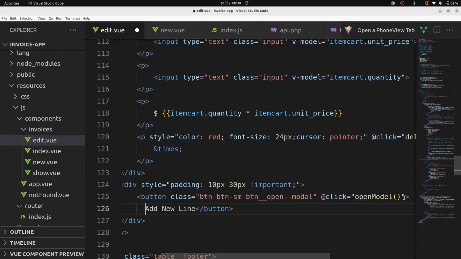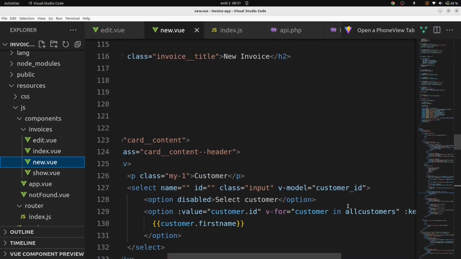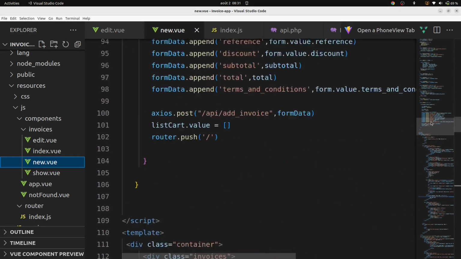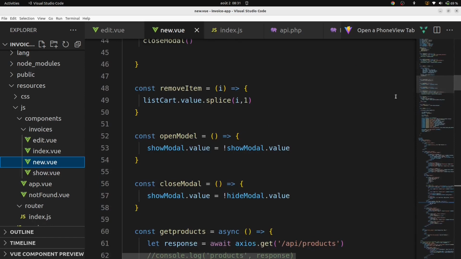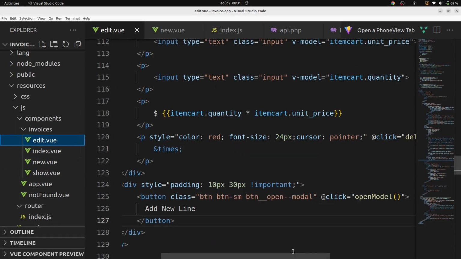Paste it in edit.view. All right, let's go back in new.view and copy these two functions, open model and close model. Go in edit.view